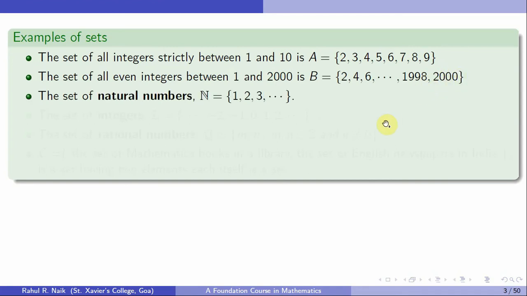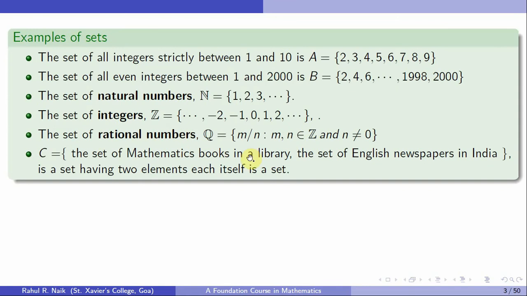The set of natural numbers: 1, 2, 3, you just put it in a set. Again, these dots show that the set proceeds further in a similar fashion. A set of integers contains the natural numbers, as well as the negative integers. So we write it in this way, and on both sides it goes on, it is never ending. So the dots imply that it moves in a similar way.